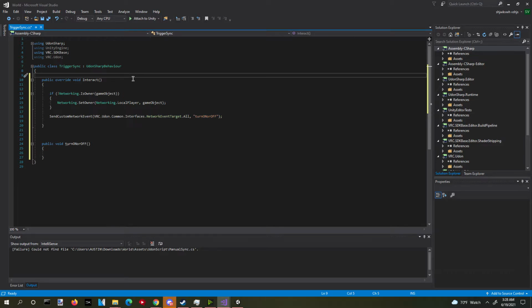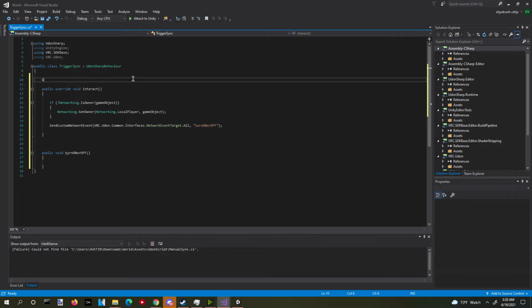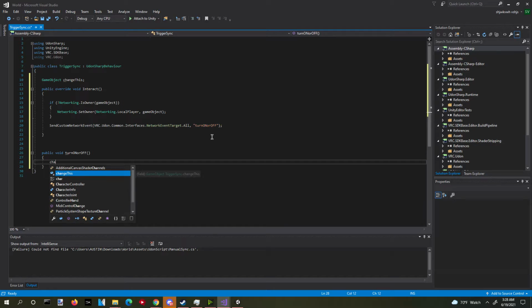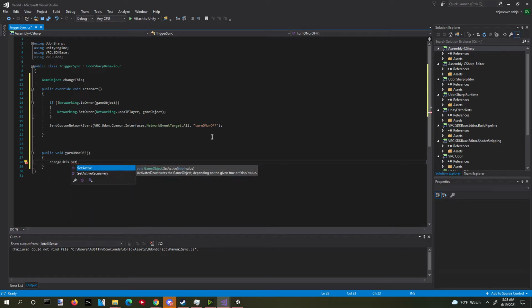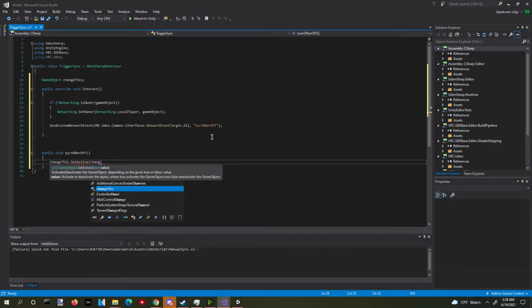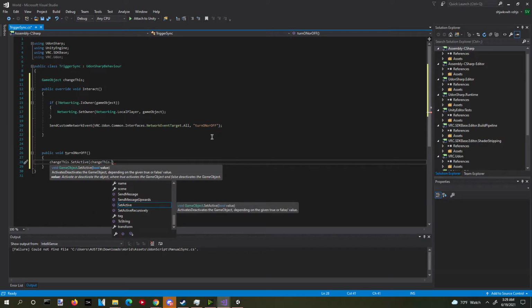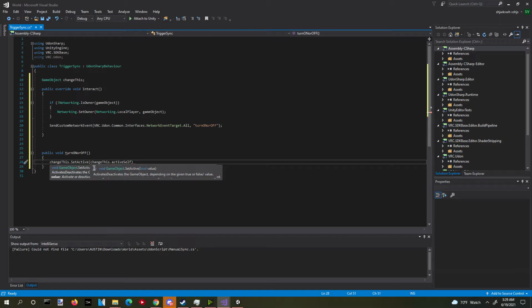Now we need a game object that we are changing. So that'll be game object change this. All right, so with this game object, what we can do is change this dot set active, change this dot active self, and we'll make it the opposite like that, and we'll just call this in every time so we can turn